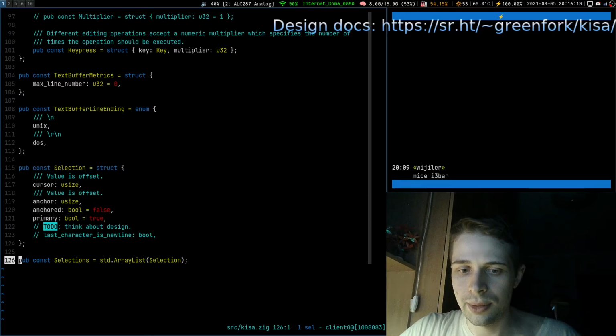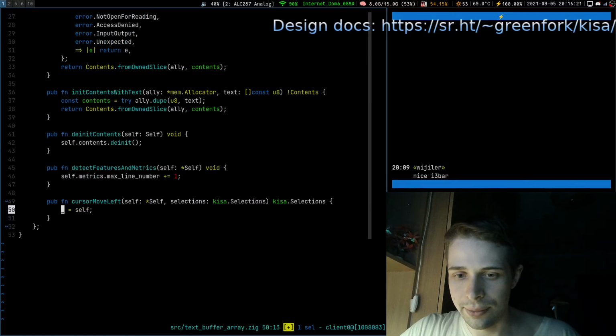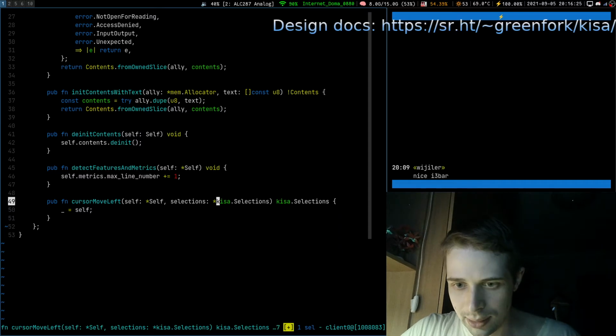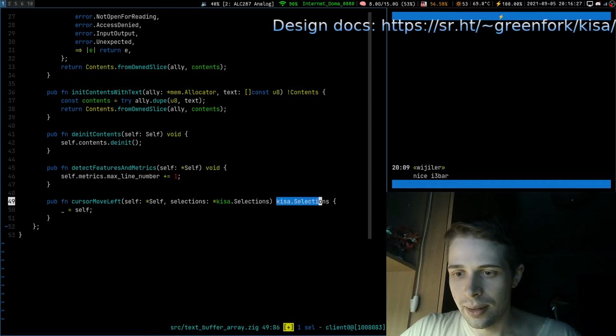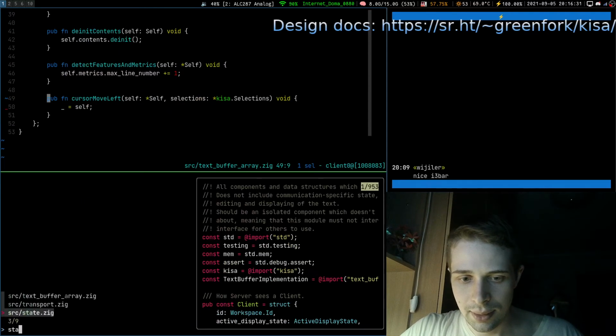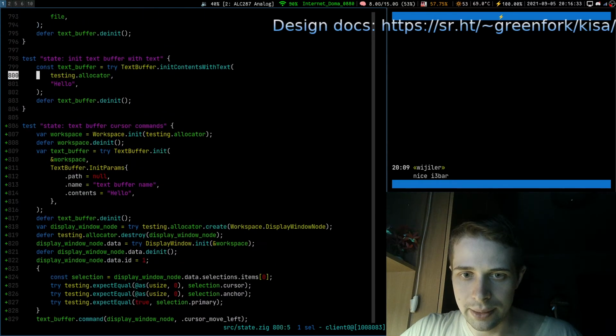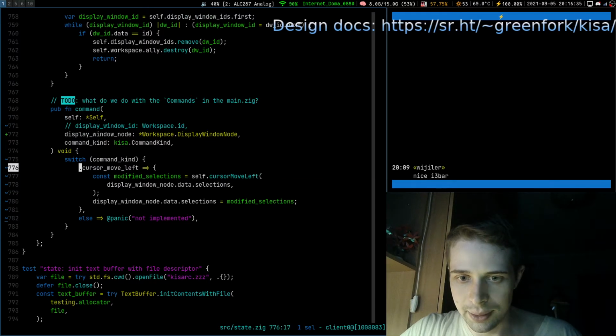So what we're going to do is pass a reference to this array list and modify it in place. So first thing is here, we do it like so. And we don't return anything right now. And we go and change our call inside. So now we did it like so. Modify selection, blah blah blah.